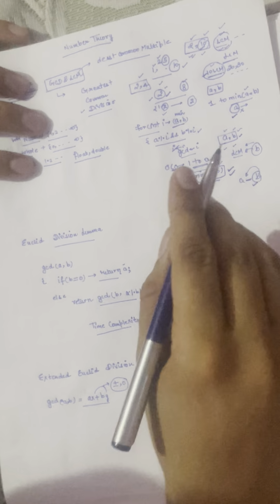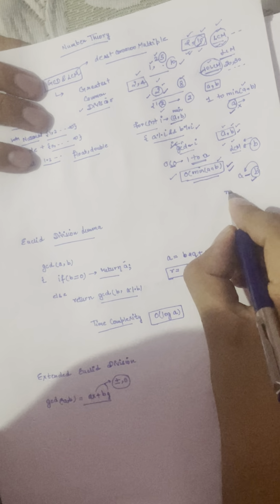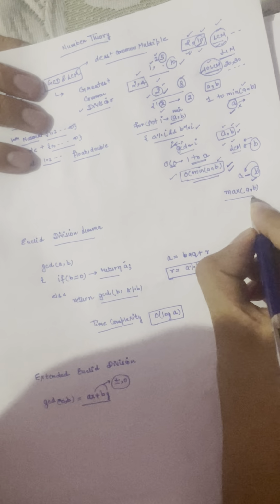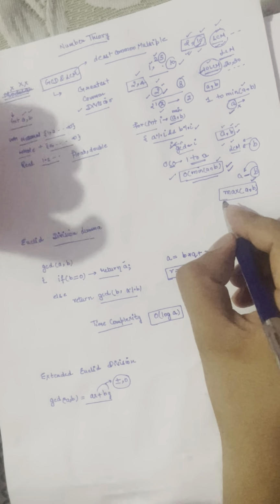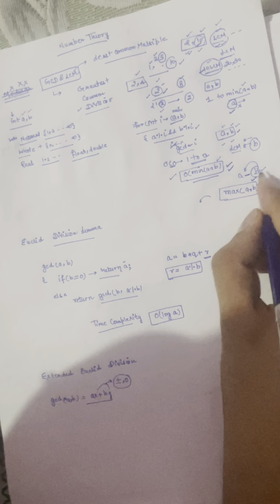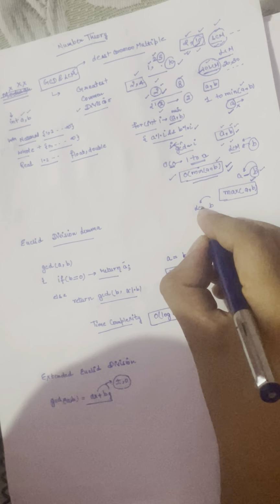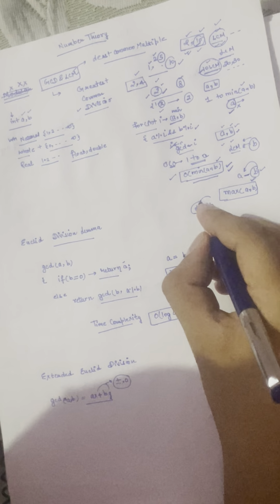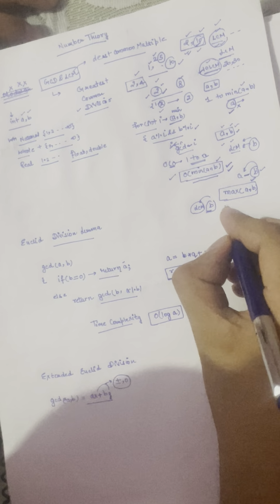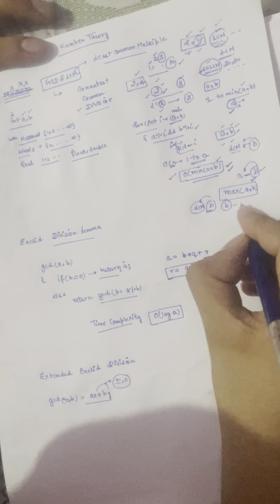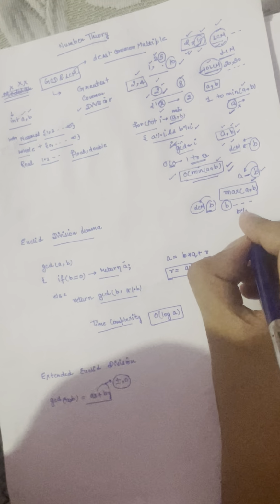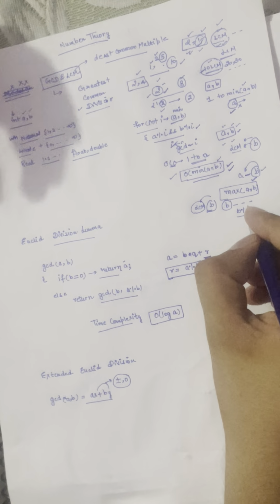So in finding the LCM, we would be starting our search space from max of a comma b. If we searched in a smaller space, the LCM would be smaller than b, so b would not be able to divide the LCM. That is not possible. So the minimum possible value of the LCM would be b, which is the maximum of a and b. Then if b is divisible by a, b is the LCM, else we would be searching for the next number.